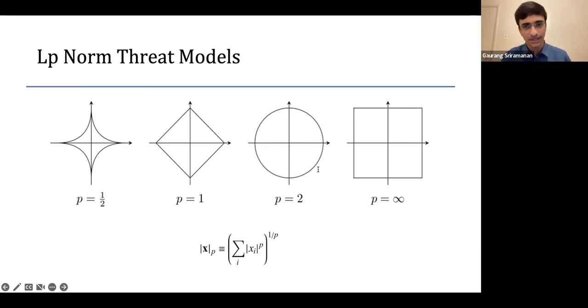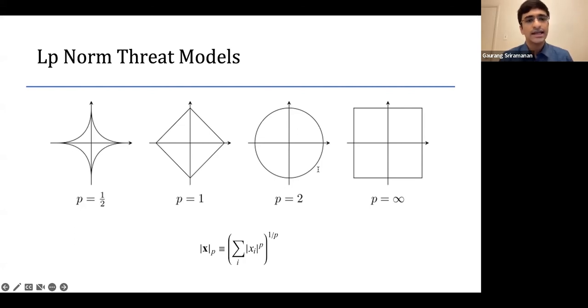So the goal of an adversary is to alter a clean input image such that the attacked image is perceptually similar, but causes the network to misclassify in general. And diverse operational frameworks have been developed to quantify perceptual similarity, especially for this. And adversarial attacks corresponding to several of these constraints have been studied extensively in the past. And while the primary focus of existing approaches has been directed towards addressing the worst case performance under a single threat model, human imperceptible noises can often be sourced from multiple threat models in practice. And a natural generalization which we can ask for is whether a robust model can generalize across different LP norm threat models